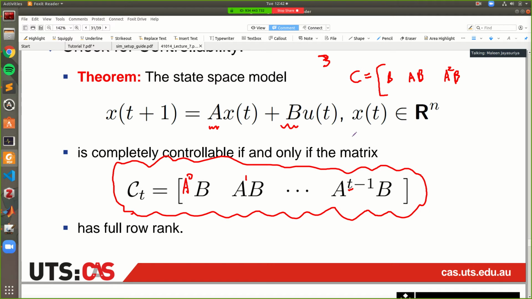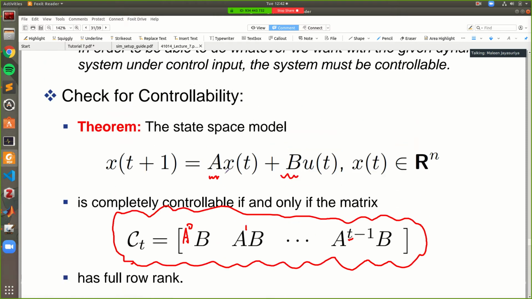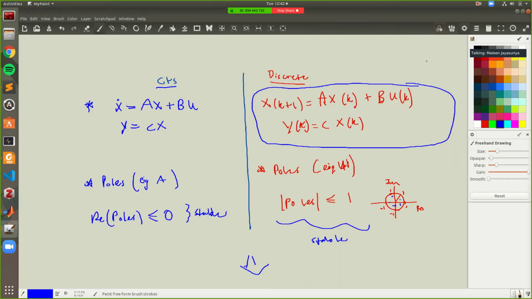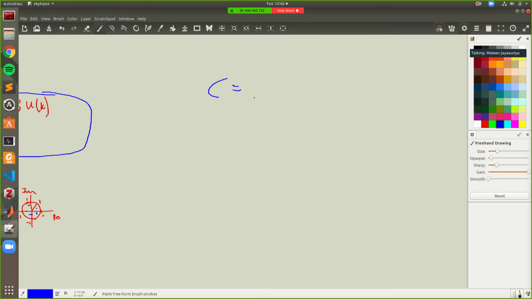And what we do to check if your system is controllable or not is we look at how many rows are linearly independent from each other. So what that means is, let's say you had a 2 by 2 controllability matrix. So you had 2 states and once you calculate your controllability matrix, it looks like this. So we count the number of linearly independent rows, which is what we call the rank. So here we have 2 linearly independent rows.